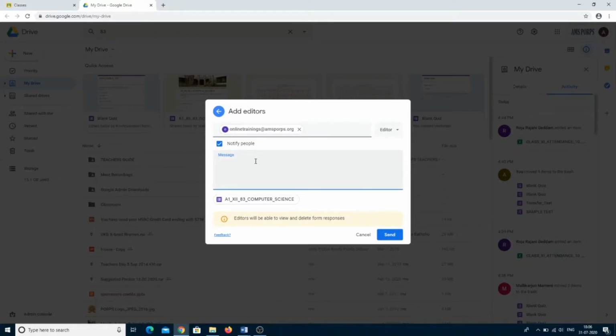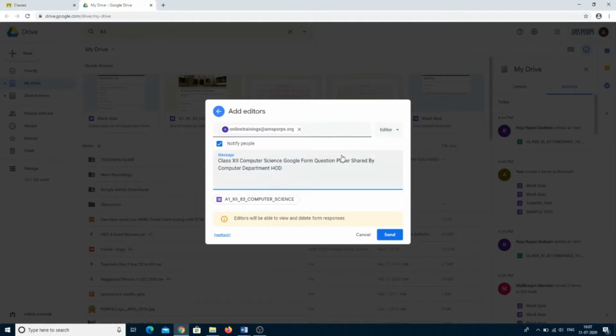So you can give some message. This question paper, class 12 computer science Google form question paper, shared by computer department HOD.